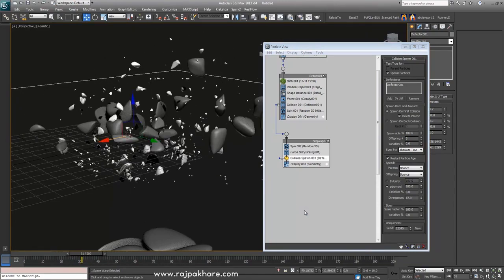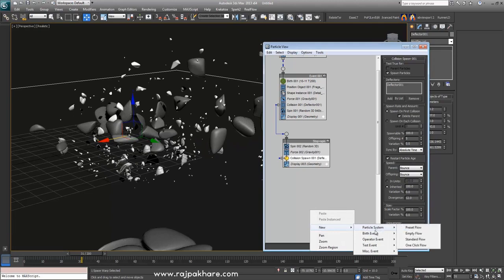So you can define the offsprings. So how many particles are going to spawn,